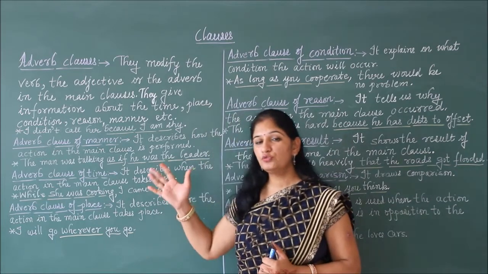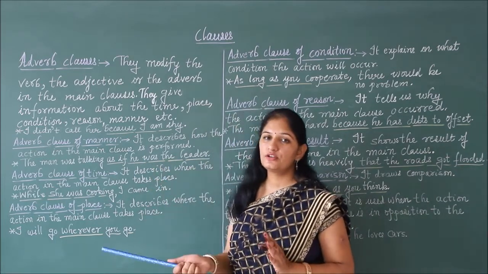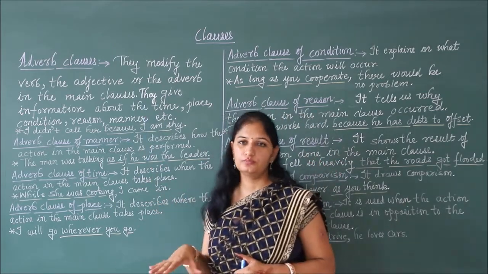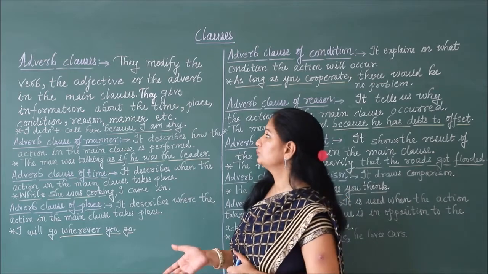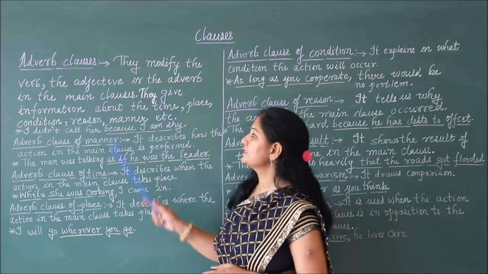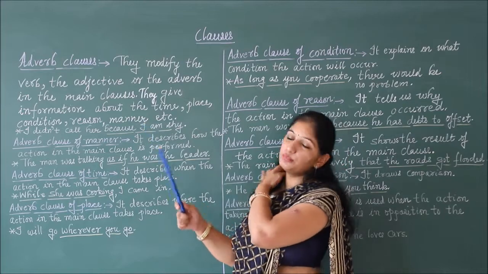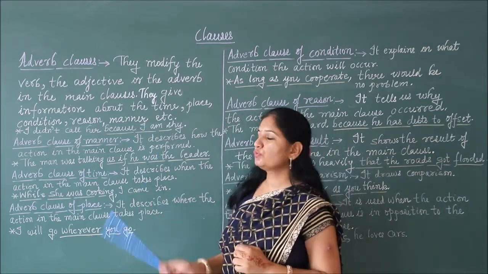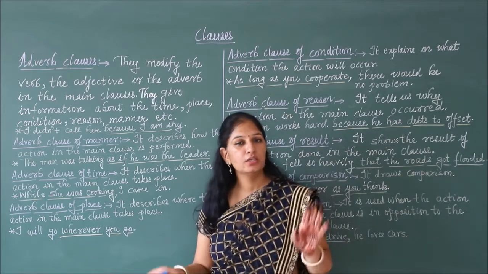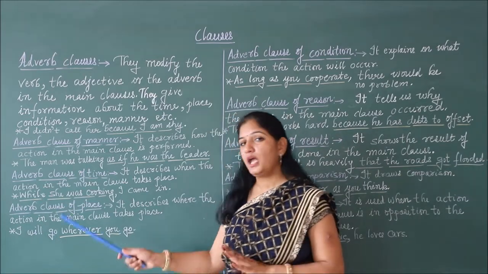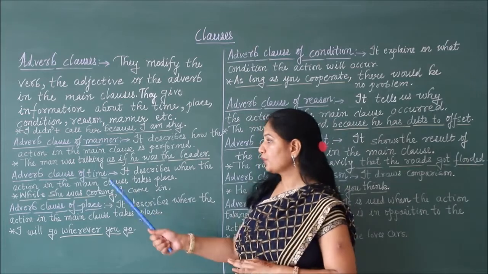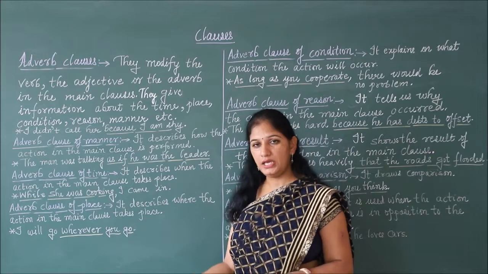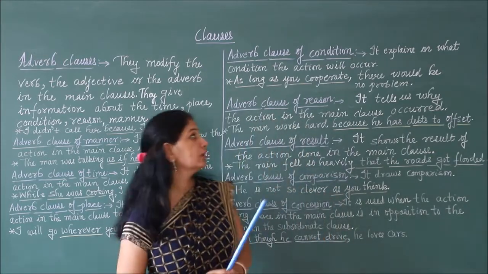Then comes adverb clauses. Adverb clauses are of many types. They modify the verb, the adjective, or another adverb in the main clauses. They give information about the time, place, manner, purpose of the action, and all these things. So first one was the adverb clause of manner, which answers the question of how, and then adverb clause of time, which answers the question of when. Adverb clause of place answers the question of where. Adverb clause of